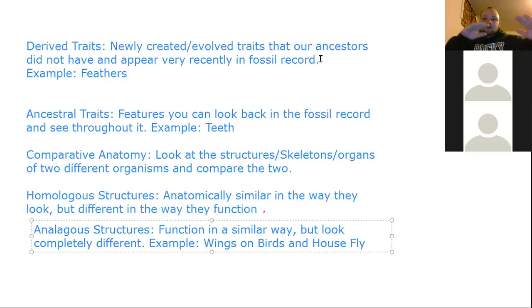Analogous, because two different organisms can evolve to fly, but you can see that houseflies and birds have done it in two very different ways. Looking at the homologous structures, you can see that two organisms probably are more related due to similar anatomy, okay? So the similar anatomy is what really does drive two organisms being closer related, okay? The more similar your anatomy in terms of the way it looks, the more closely related you are,